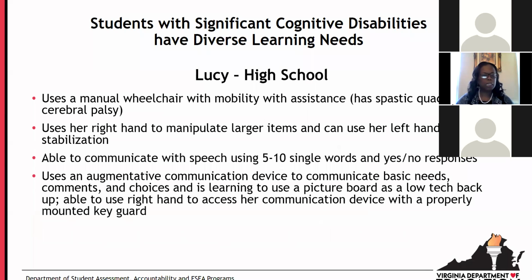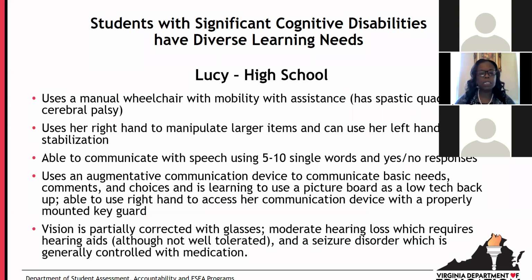And Lucy, again, presenting very differently than Matthew and Corey. What we see first off with Lucy is her physical needs. She uses a manual wheelchair, and she has to have assistance because Lucy is a student with cerebral palsy.